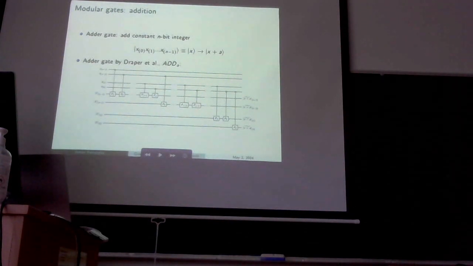And in fact, for this first idea, the adder gate, as I was mentioning, the idea is that to a quantum state which has a number encoded in bits as a basis state, as before, the idea is to add to that value a constant number which is known already. There are several ways to do such an addition, and one of the ways I'm going to follow here is the circuit by Draper, which is the following circuit.